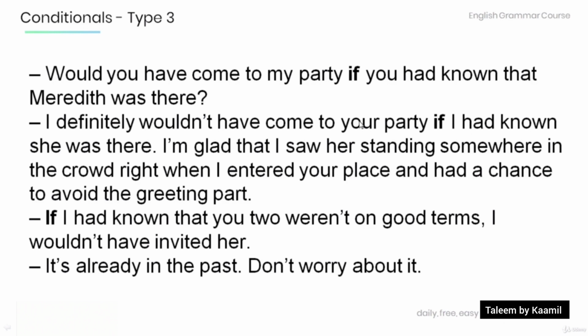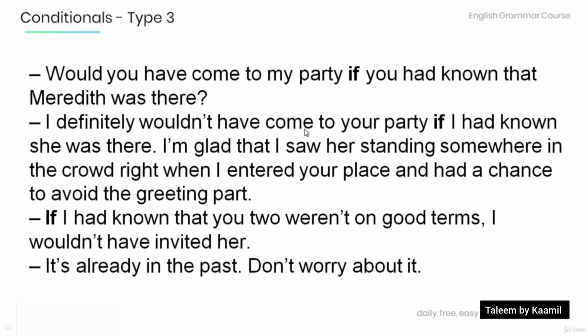Here is a short story using the type 3 conditionals. Listen as I read so you can see how they are used in real-life conversation. After I'm done, make sure you understand all the grammar and read aloud yourself so that you can work on your own fluency and pronunciation.